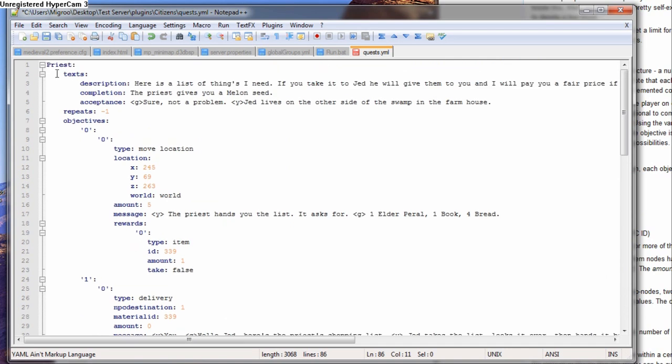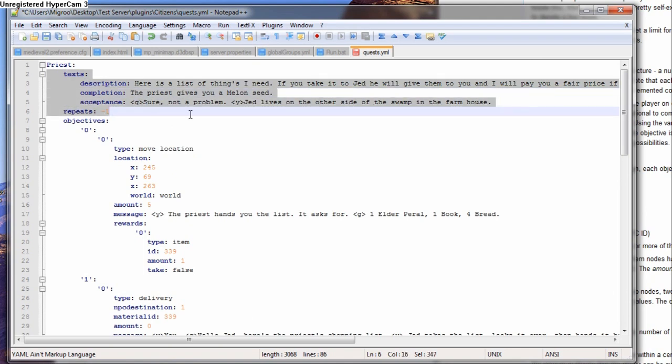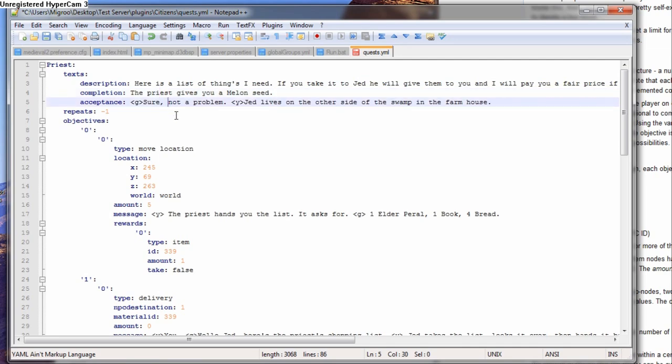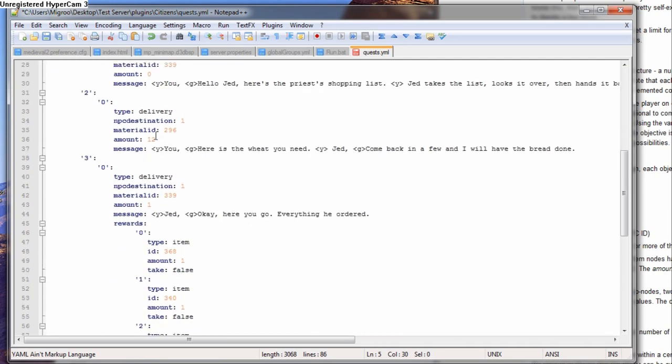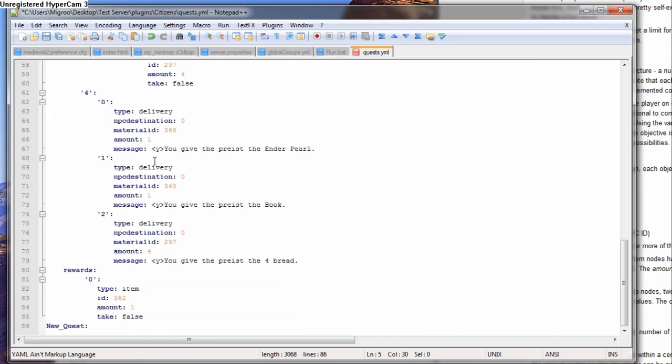And then you use the same format as before. You would change your description and your completion and acceptance and all that stuff, and then you would just go through adding in your different steps and everything.